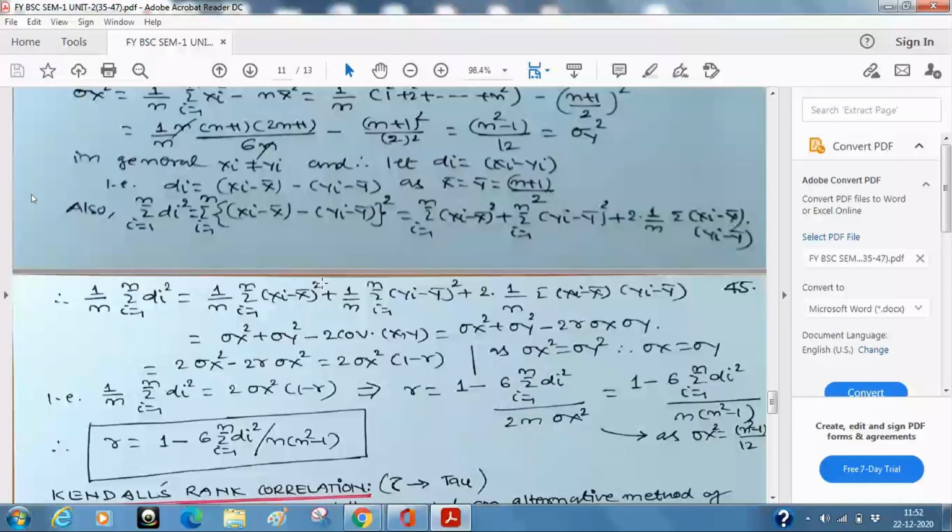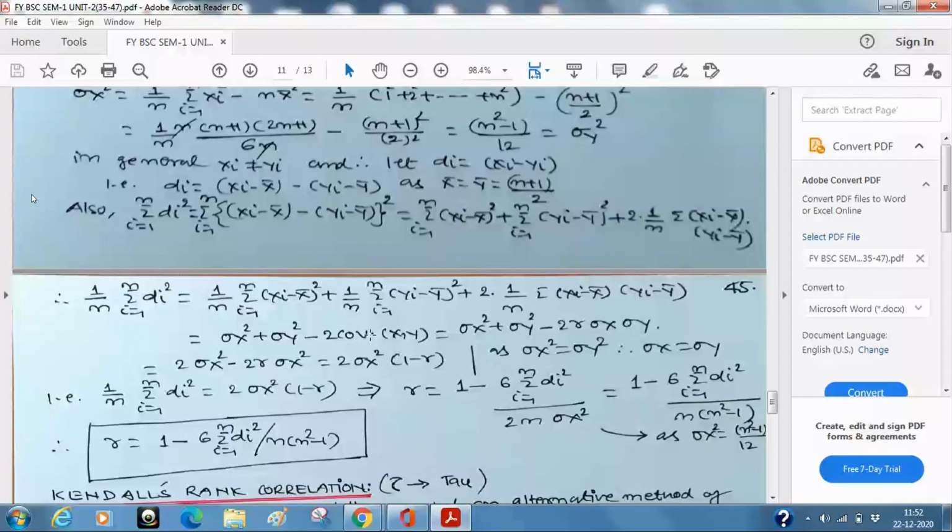So what we have is 1 upon n summation (xi minus x bar) square plus 1 upon n summation (yi minus y bar) square minus 2 times 1 upon n summation (xi minus x bar) into (yi minus y bar). Now in notations, what is this? Because it is in terms of x, we write sigma x square. In terms of y, this is what we write as sigma y square. And here you will say, sir, where did this minus come from? Actually it was minus only, by mistake it became plus, so it will be corrected. So this value is the covariance between x and y. We will write minus 2 times covariance between x and y, right?